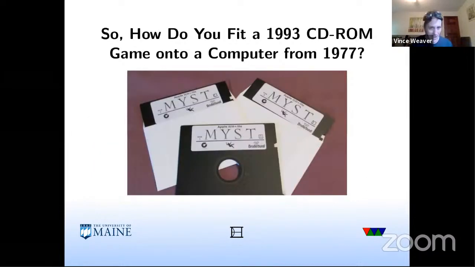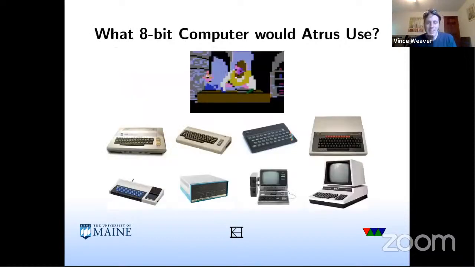So back to the question: how do you fit the big CD-ROM game on a 5 1/4-inch floppy disk, if you've never seen one? On the Apple II, these hold 140 kilobytes per side, so not very much. I originally wanted to fit it in one. Eventually, it ended up taking 3. And to do that... But first, one thing I want to ask, a very pressing question, is: